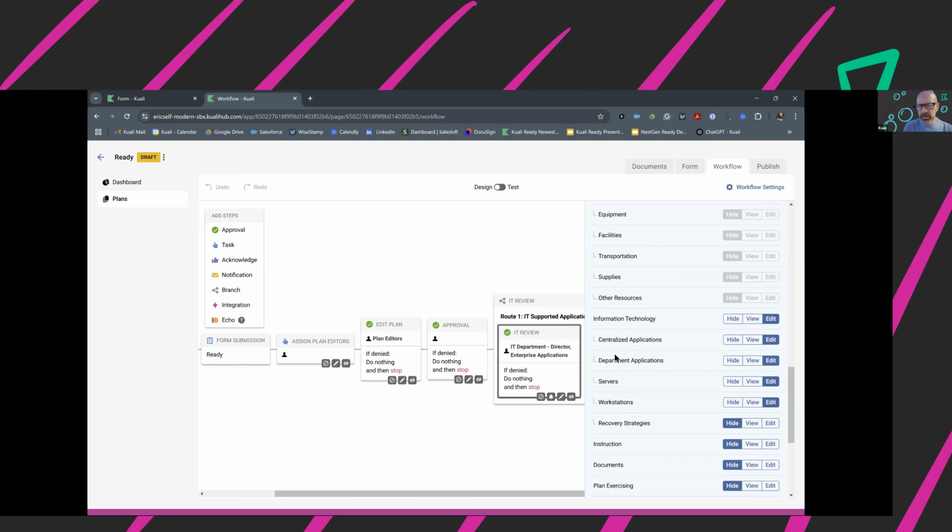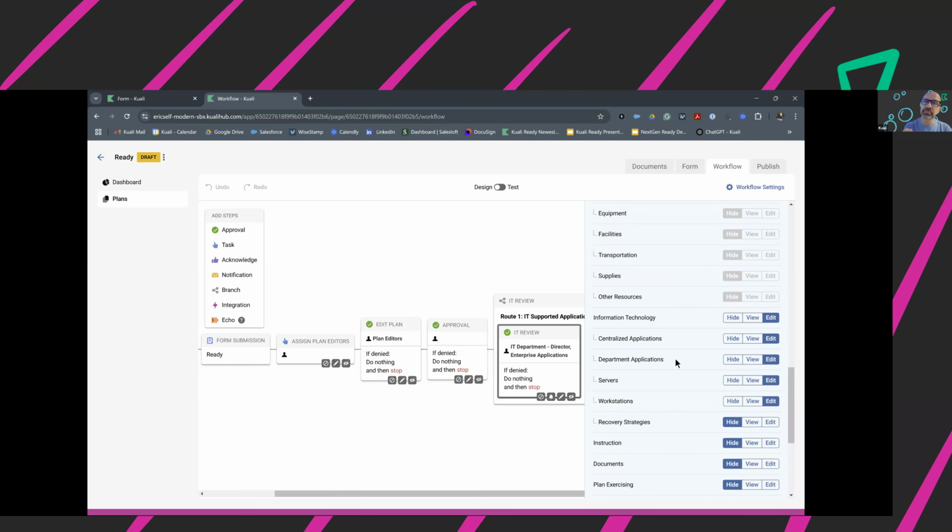This is one thing I love about Ready, and we've got to wrap up here because we're just about at the bottom of the hour. But the ability to make the task as small as it needs to be for your stakeholders. When you go to the doctor and they give you a form to fill out when you check in, there's 5 pages. First of all, a lot of that with Ready is going to auto insert because of the data integration, but there's always that section at the bottom that says for office use only. In this case, there's no reason for the person to see that, so we're just not going to show it. And so this IT example is a good example of that.